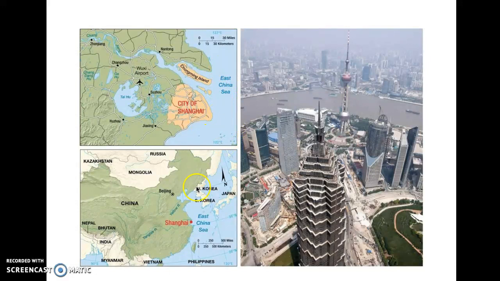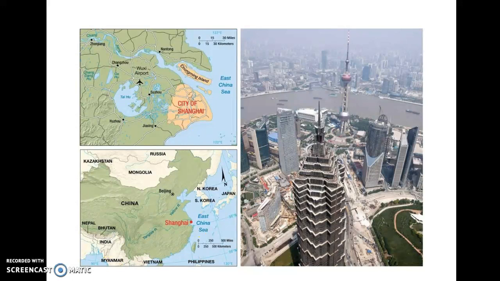We know that it's at the mouth of the Yangtze River. So this whole river here, the Yangtze River, when we just say it's on the banks of the Yangtze River, Shanghai could be anywhere. But the mouth of the Yangtze River puts it right here. It's in eastern China. So now if you're looking at a map of China trying to find Shanghai, you would be able to find it on the eastern coast. All of these characteristics, all of its location, help build the sense of place for Shanghai. Because of it being on the mouth of the Yangtze River and located on the East China Sea, Shanghai is the world's largest port, which makes it a center for trade and business.